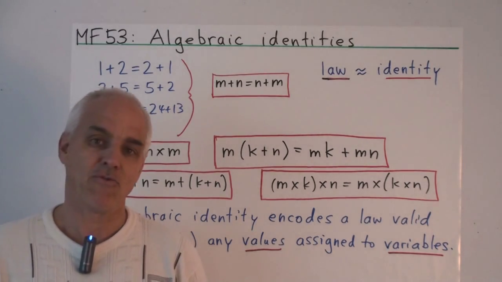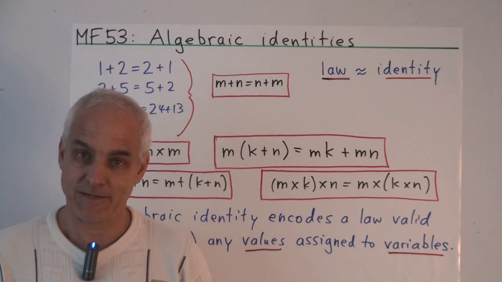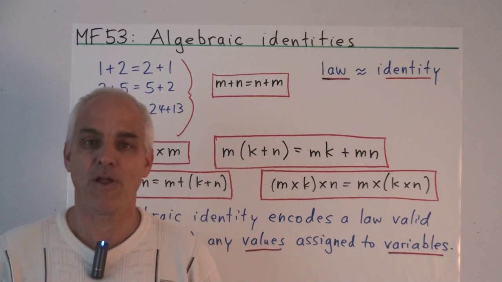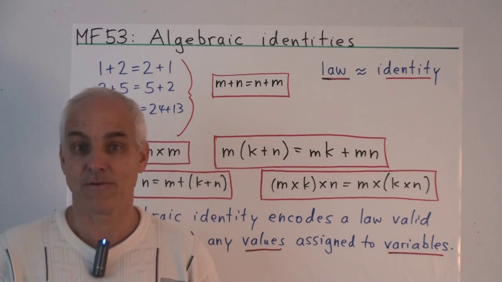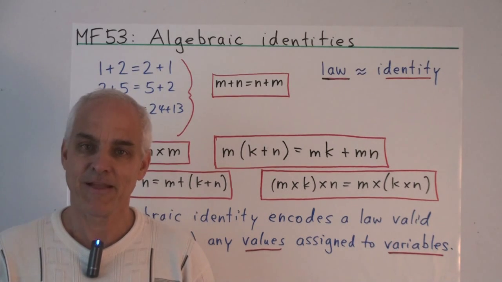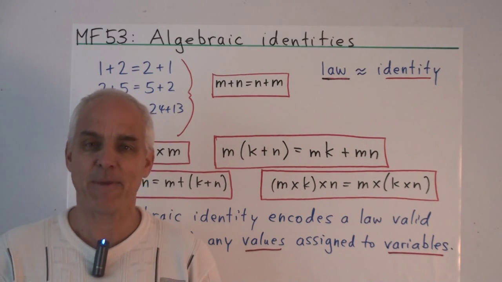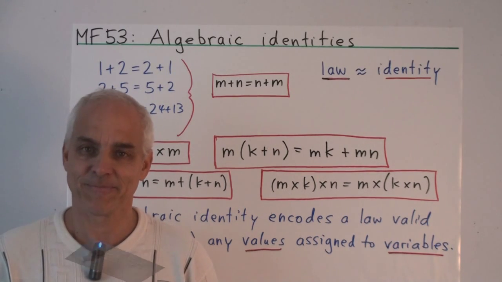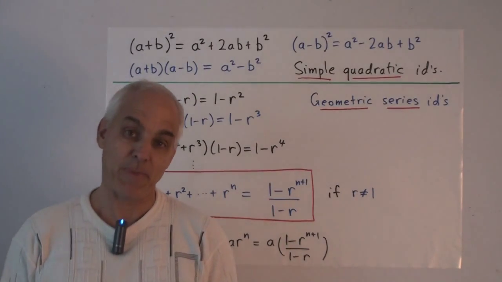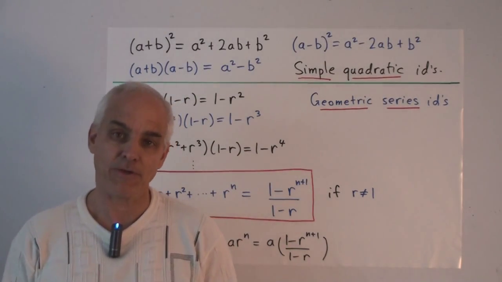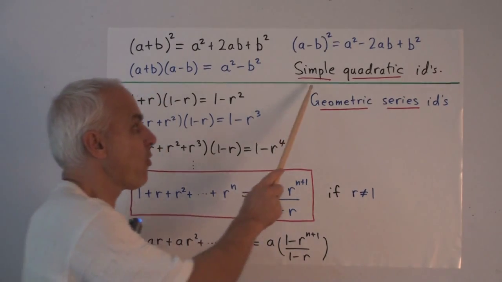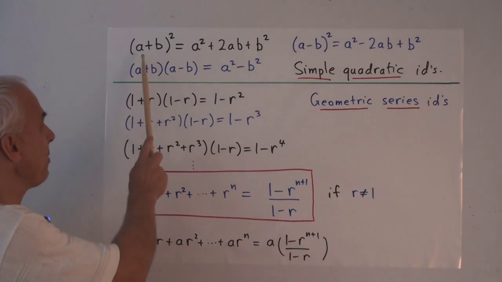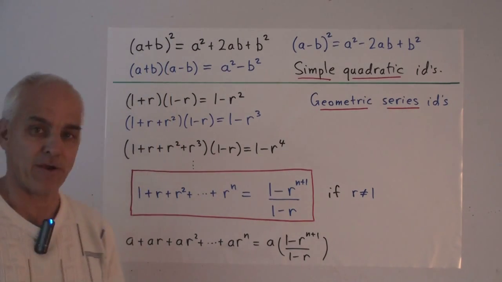Now, there are many very rich identities in mathematics, starting from relatively simple ones to progressively more complicated ones to very rich and sophisticated identities. Let's start off by looking at some fundamental identities that are important for almost all students of mathematics. Next to the basic laws of arithmetic that we've already talked about, I think the simple quadratic identities are the next in line. We're talking about what (a plus b) squared is.